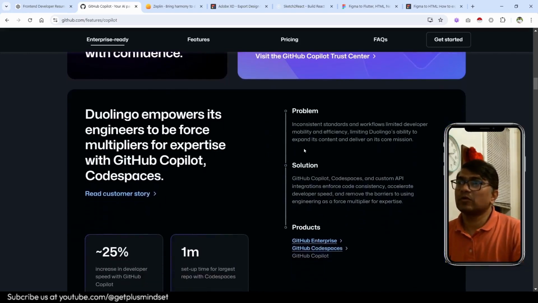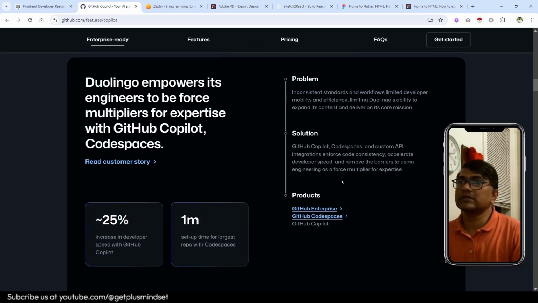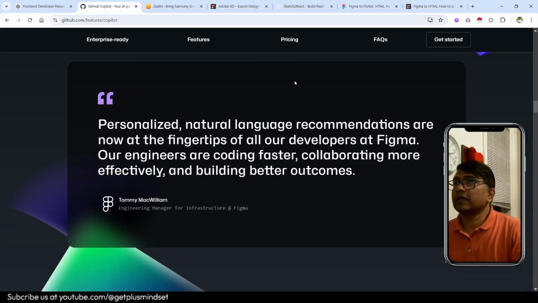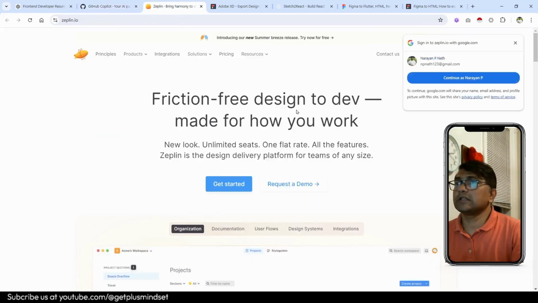So what is the problem that this particular software is solving? It is actually helping developers with some sample code, and with that sample code they can fix some complex issues very quickly. So you don't need to spend a lot of time on research work or brainstorming because of this. Another competitor is